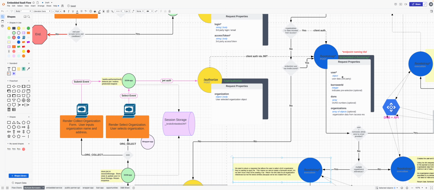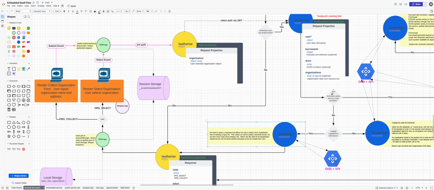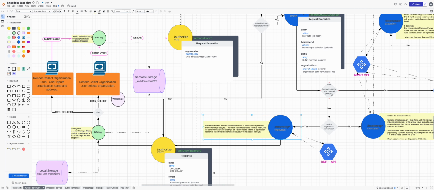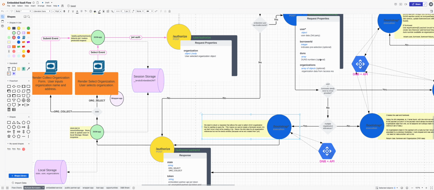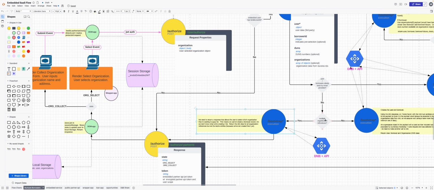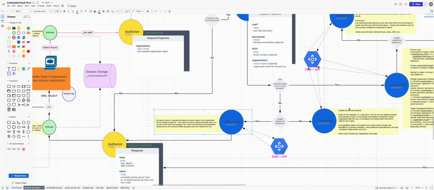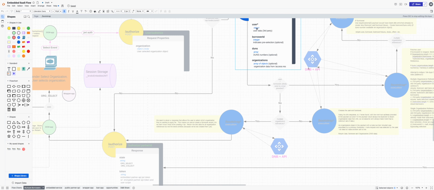So we hit this again, and now we say, does the user / borrower already exist? It would still be no because we haven't created those records. Is there a multiple organization reference? And that would be no, because now the organizations array we've passed in has a length of 1. There's no DUNS, and so we only have one organization to deal with. So we go ahead and create the user and the borrower using this user object, and we're also using the